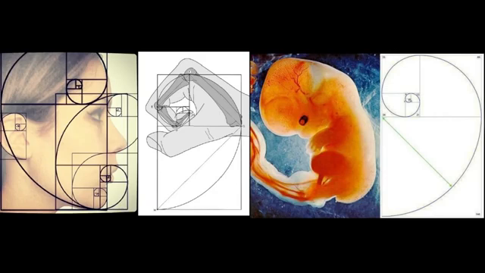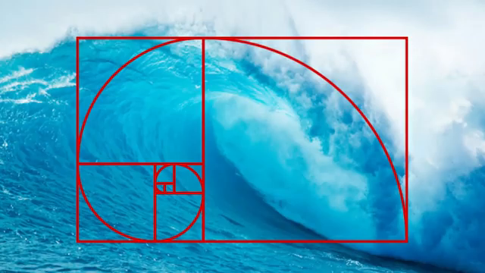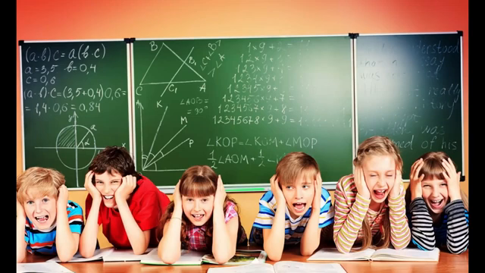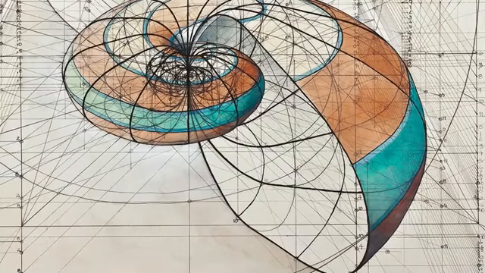It is the blueprint of all creation. It is not a coincidence that the entire education system pretty much ignores the golden ratio and golden spiral. We are not taught about this because the inevitable conclusion of understanding the omnipresence of this ratio is to acknowledge intelligent design and creation. It is the fingerprint of God.